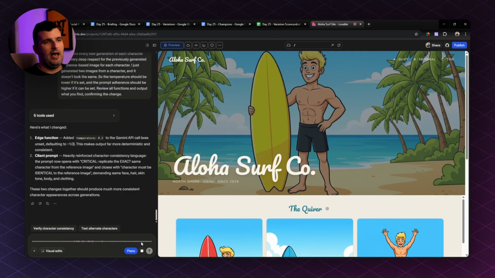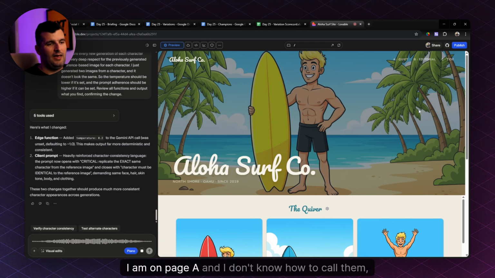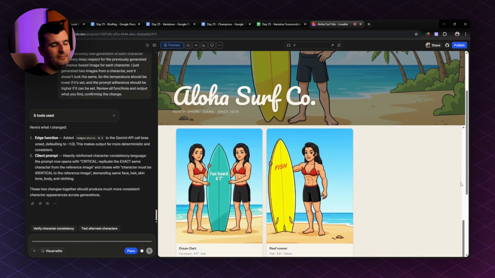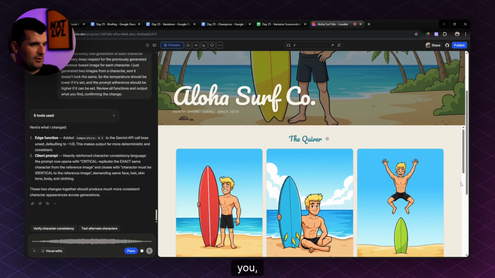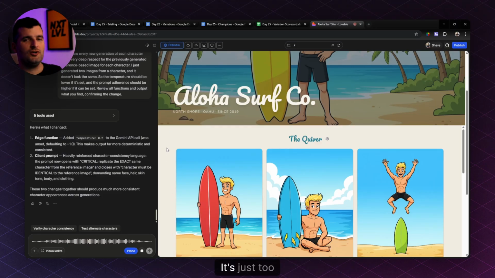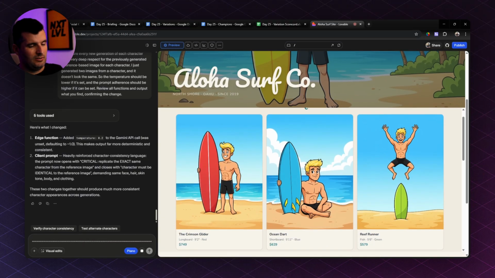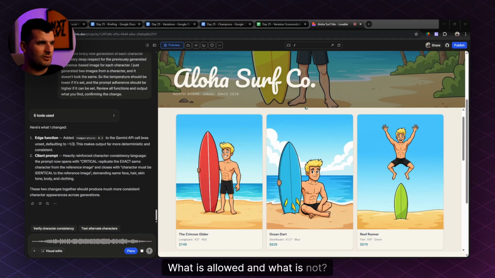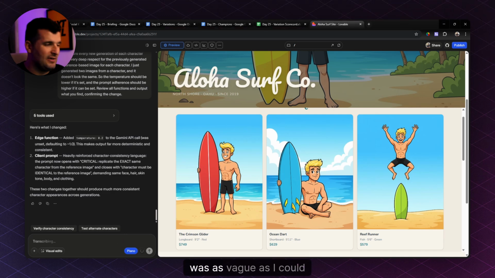Just see some things that I don't like in this page. I am on page A and I don't know what to call them, but I am sending you a screenshot, and on this screenshot you will see what I mean. It's just too big. I want it to be smaller. So I want the whole page to feel more modern. What is allowed and what is not. Please advise. So, as vague as I could be,